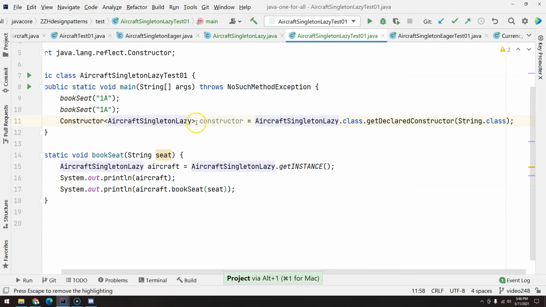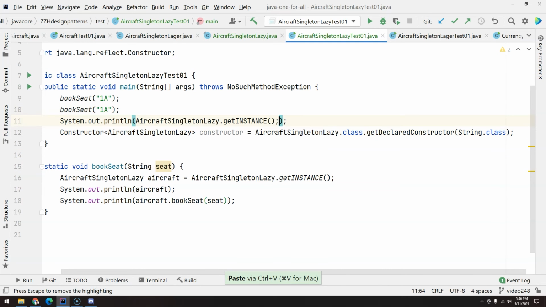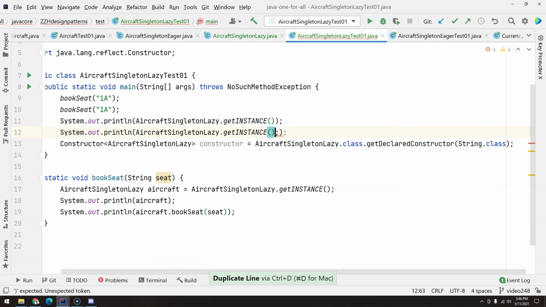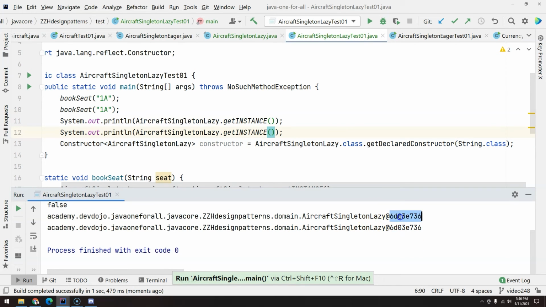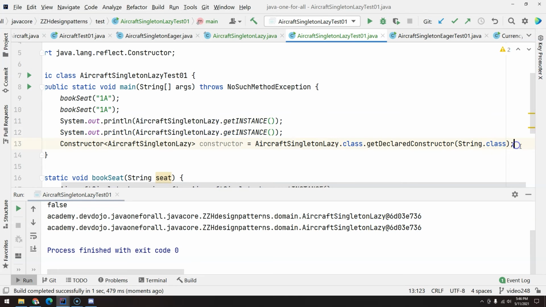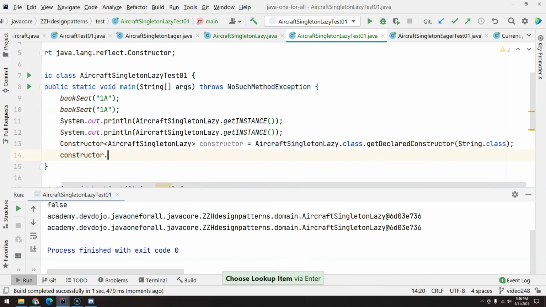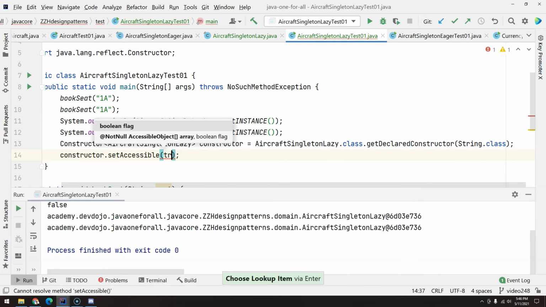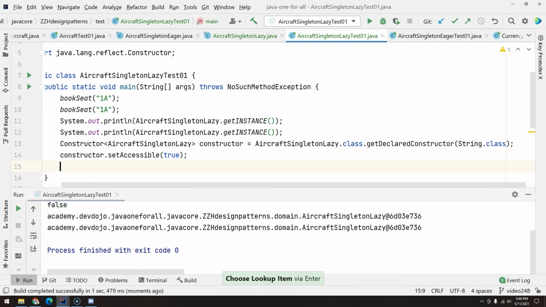Okay, now we have the constructor of the class AircraftSingletonLazy, and we know the constructor is private. And if you want to double check, if you copy this method and you add it here, you will see that we have exactly the same instance as we saw before. But just to make sure we have the same instance. Now we know the constructor is private, but if we call constructor set accessible true, we can do this constructor